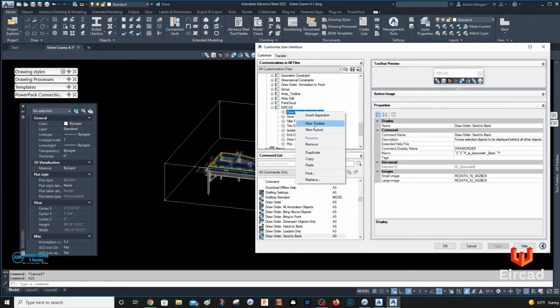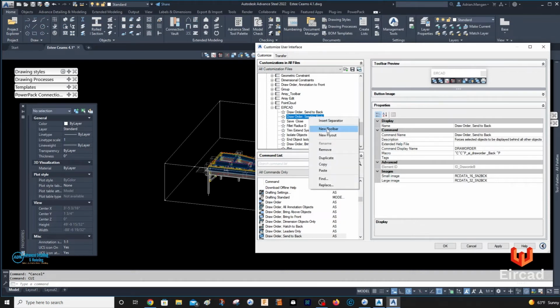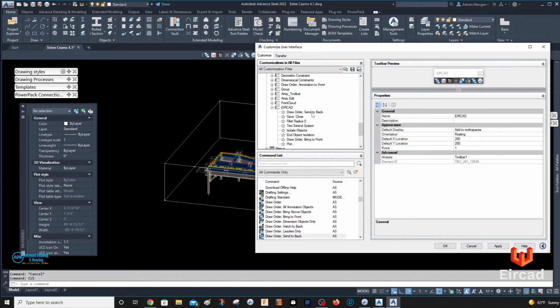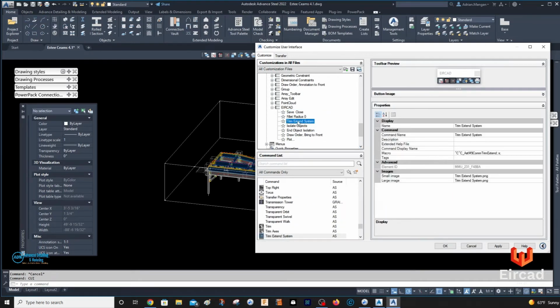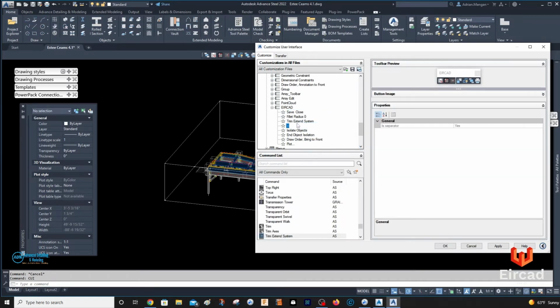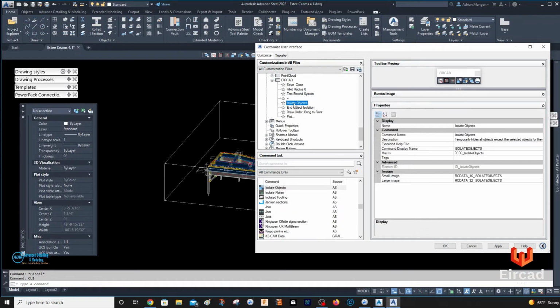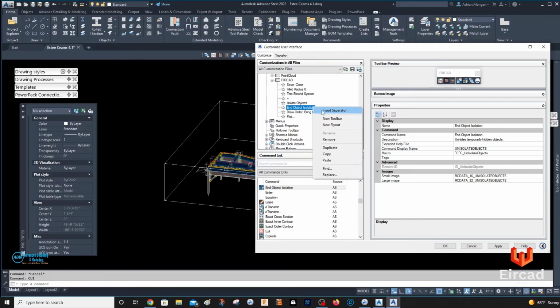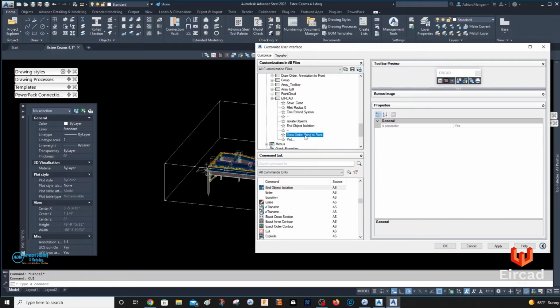You can have a flyout, remove, duplicate. Duplicate didn't work because I didn't want it to duplicate right there, so I'm going to remove. I'm going to do these three, then insert a separator, isolate objects, end object isolation, and then insert a separator. Let's see what this looks like.